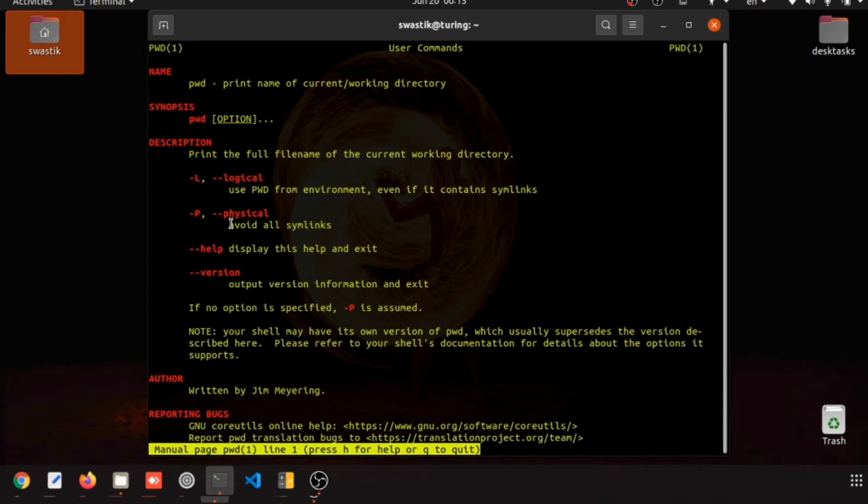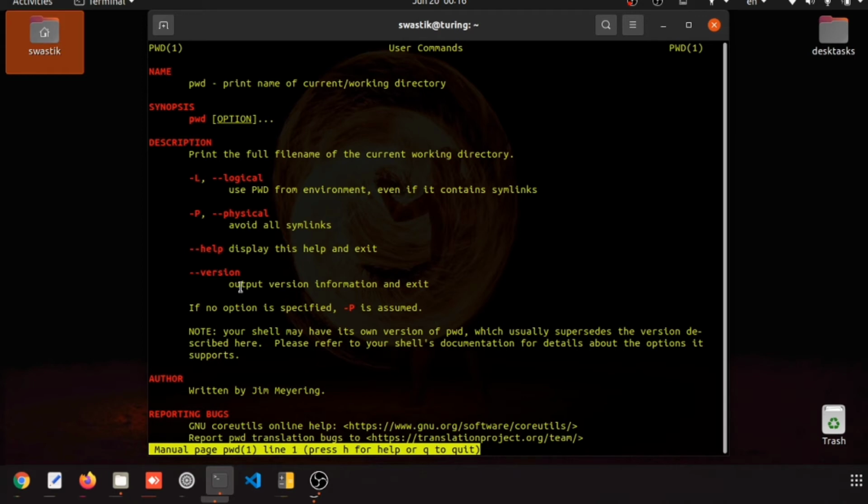Now if you pass -L, it uses pwd from the environment even if it contains symlinks. Symlinks is one of the concepts we will come to later. And -P is for the physical path of the present working directory, which avoids all symlinks. So if you want to know your present working directory with symlinks, you would pass -L, otherwise you would pass -P. And as I said, there is another command, help, which we will come to later.